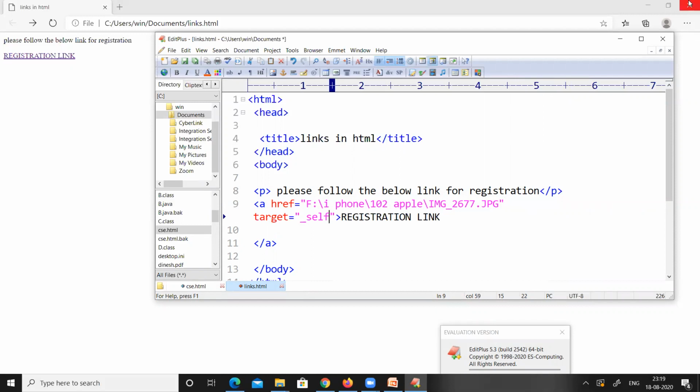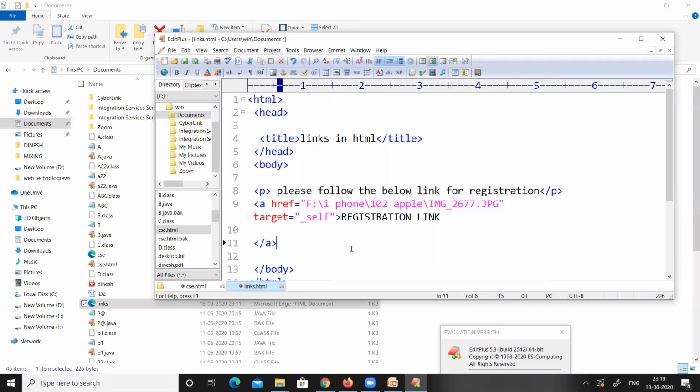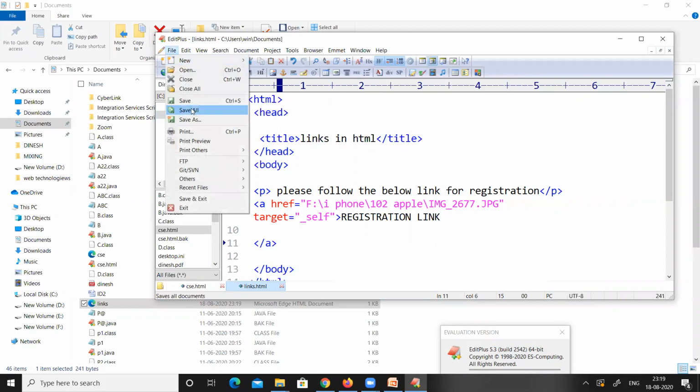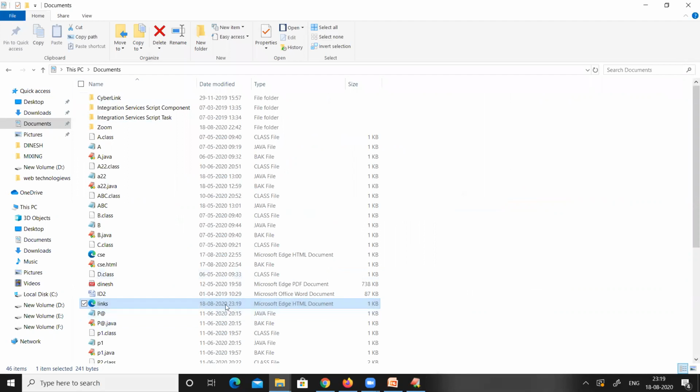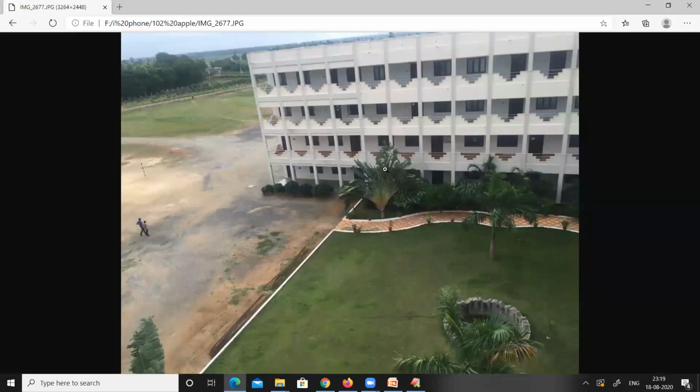I am closing this and saving the program by pressing Ctrl S or by pressing save, and then I am moving to the window where this program has been saved. The name of the program is links, and I am going to open it. Now I am clicking on this link.